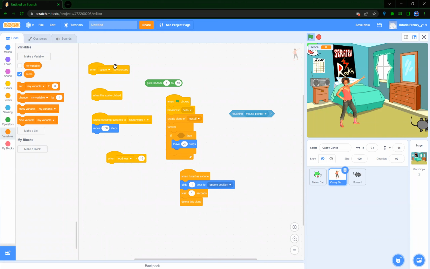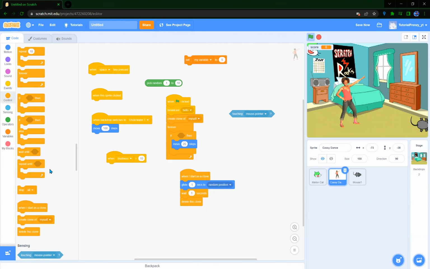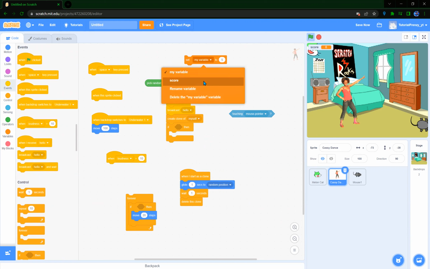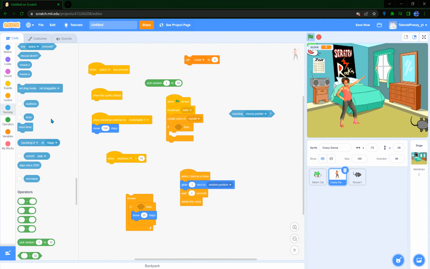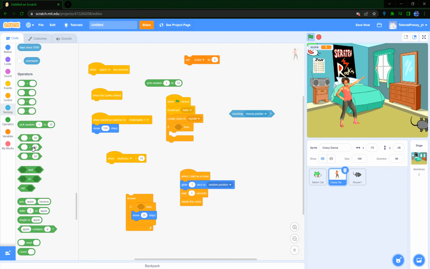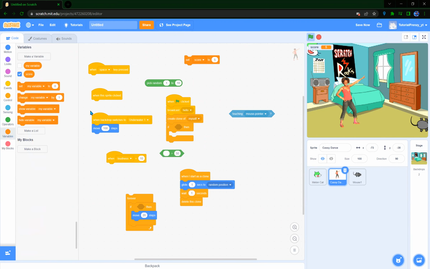So let's set my variable to 5. For now, you can just think of my variable as something that stores something. Let's do a condition of this. So if my variable, wait, no, it should be set. So let's set the score to 5. So we can do something like this. If score, which should be 5 right now,